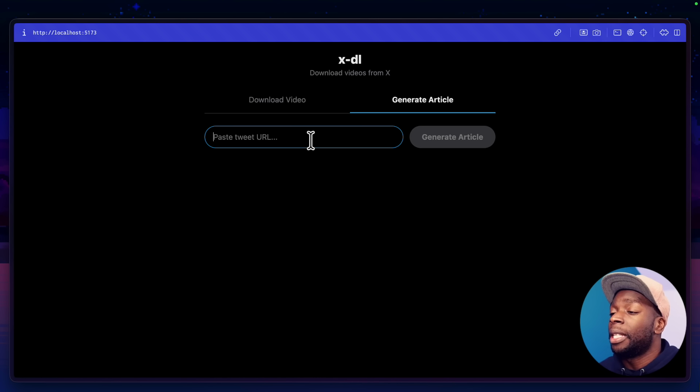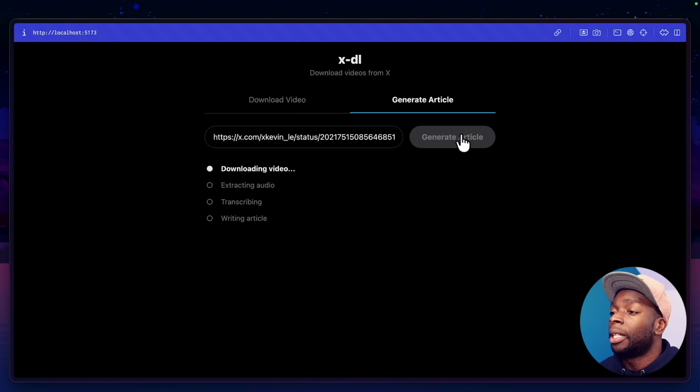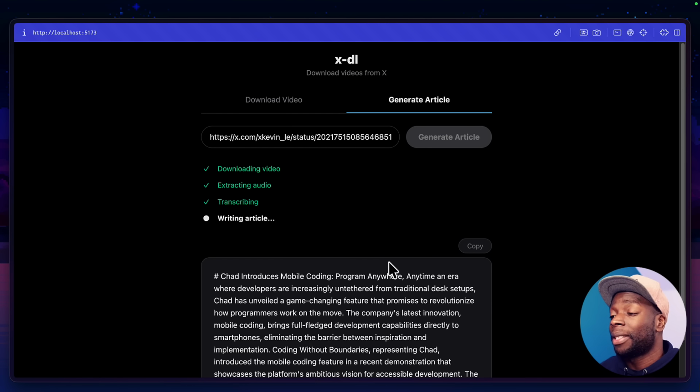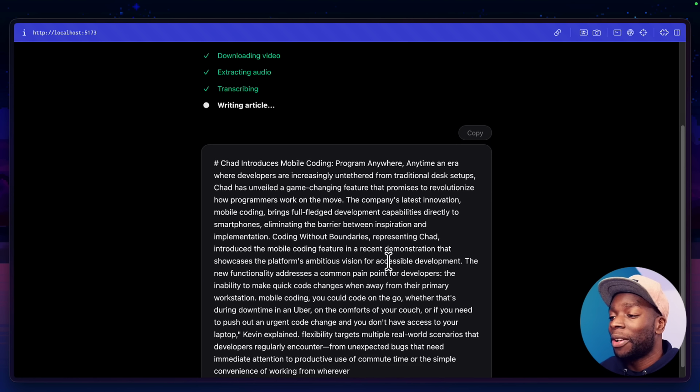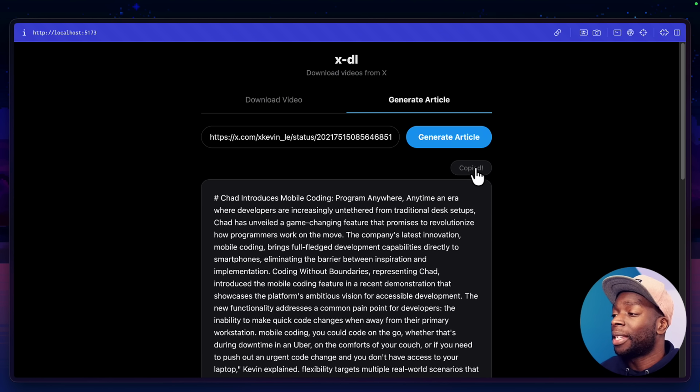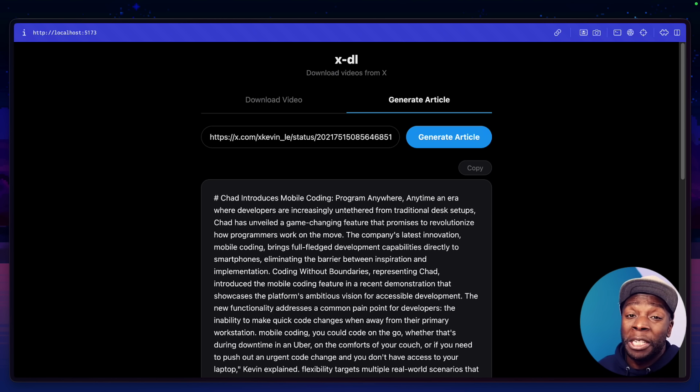Now, if we were to use the same tweet to generate the article, here we can see the steps that it's taken. And now that it's finished all the steps, it's streaming the article to my browser, and I have the option to copy this and paste it wherever I want. Now, already you can see the Superpowers version is better than the version without using Superpowers. We'll go through the code a bit later on in the video, but first, let's go through how I did